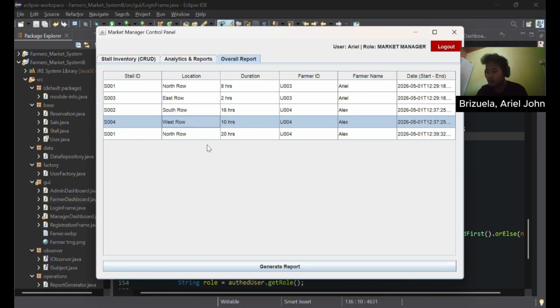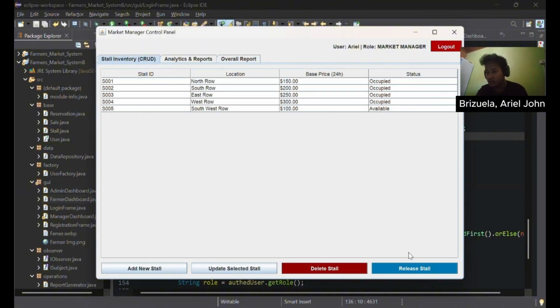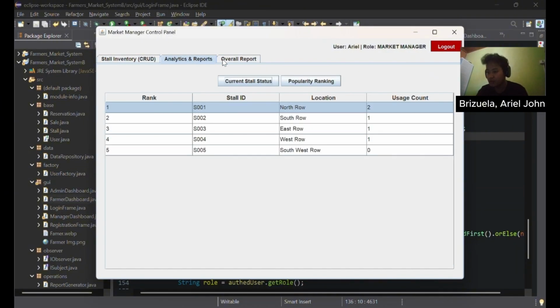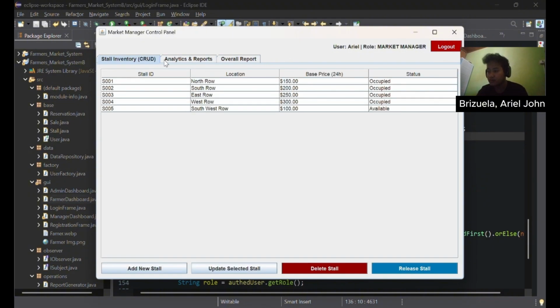I reserved the north row first, but since I released it and changed to Alex, now Alex is using the north row. This is the log or the overall report of the market manager. That's all.